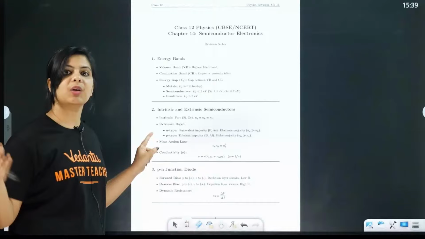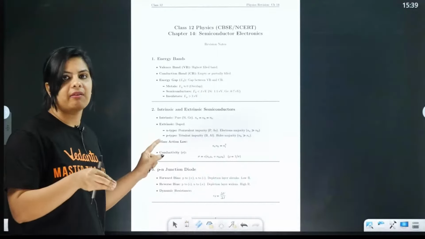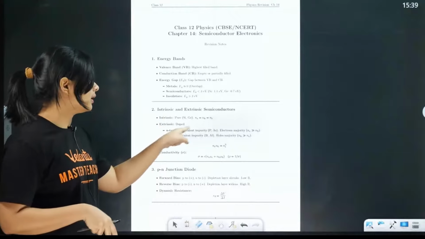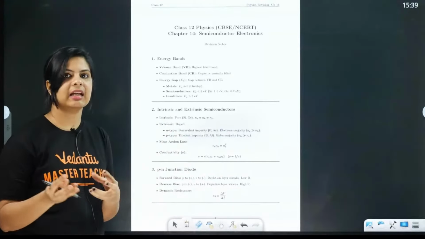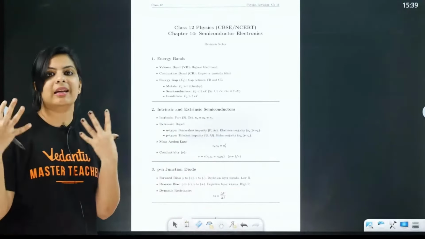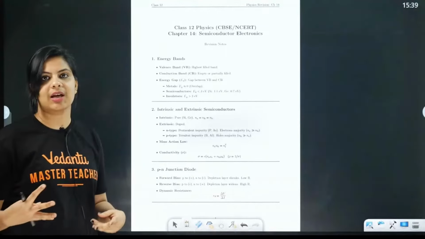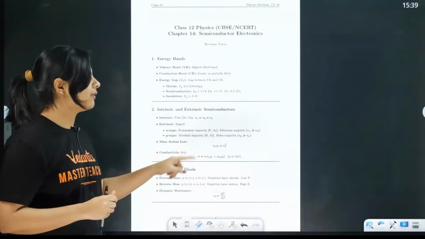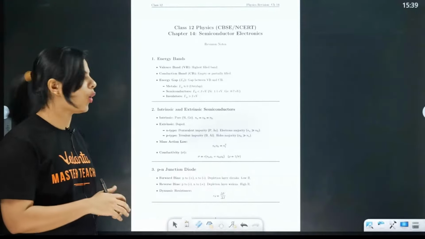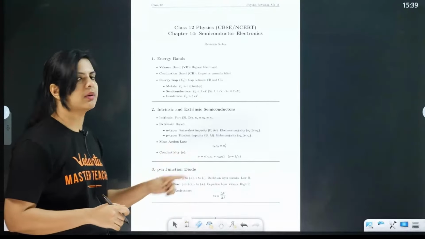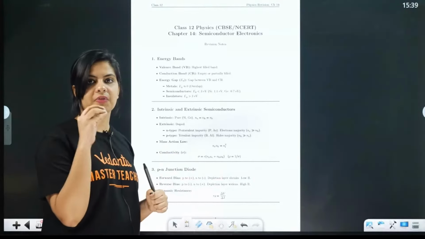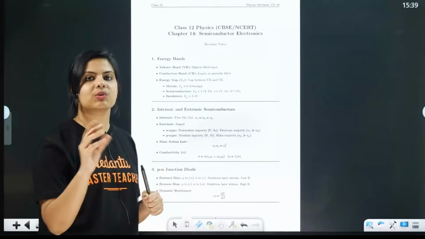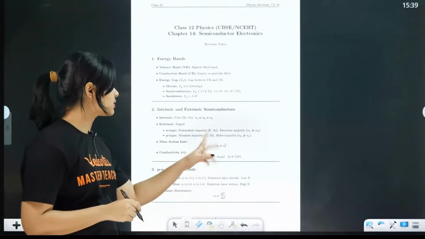n type ல we are adding more electrons, so அதனால pentavalent da, and p type na positive which means trivalent da. So அதுல இந்த n type ல வந்து n negative which means more number of electrons as charge carriers, majority charge carriers வந்து electron da, and very few holes will be there. And p type ல வந்து majority charge carriers வந்து holes da, and mass action law வந்து the concentration of free electrons into the concentration of the holes வந்து equal to ni square. It is valid all the time.